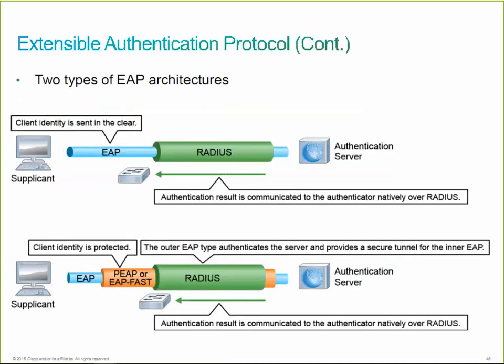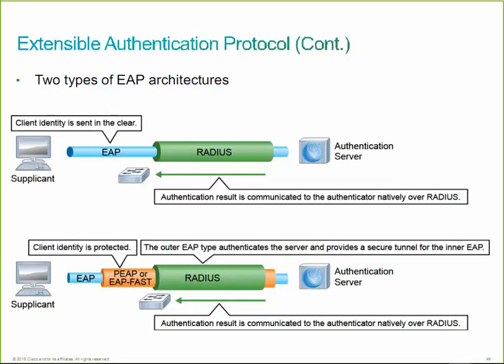All right, so here's a visual representation of those architectures. And there are two types, right? We have non-tunneled EAP, and then we have tunneled EAP. And you can see kind of what the difference is here, all right? The difference is whether or not we're protecting the client's identity as part of the process. Most modern EAP methods are going to use a tunneled version of EAP so that we have an additional